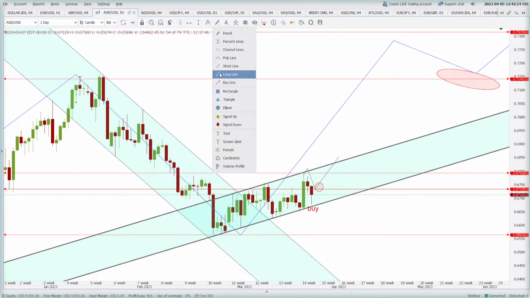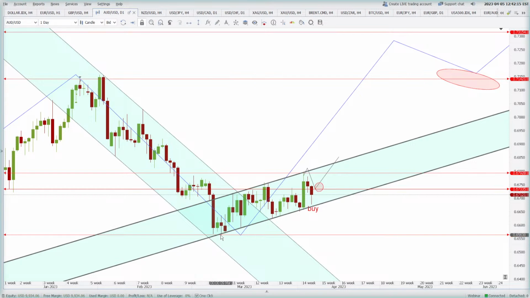So now, from here you can see that this is the thing. Okay, so in the process, this is the low that the price has created. This is the low. 0.6624 is the low that the price has created. If it breaks below this low, then I think we will again push ourselves into the selling mode.